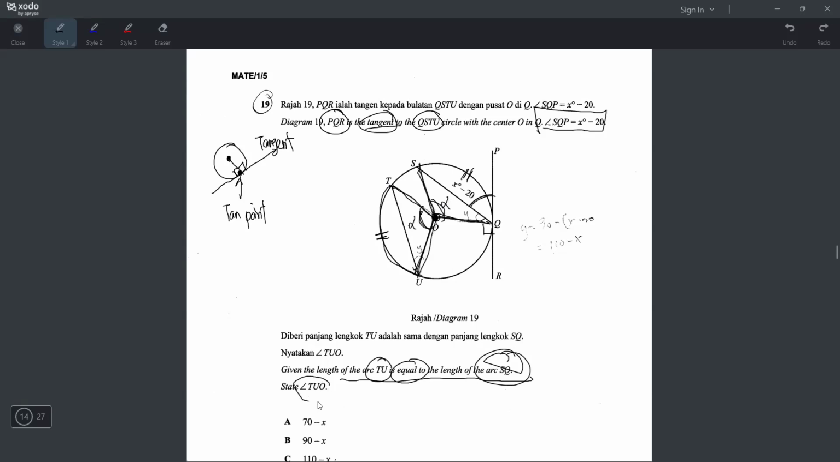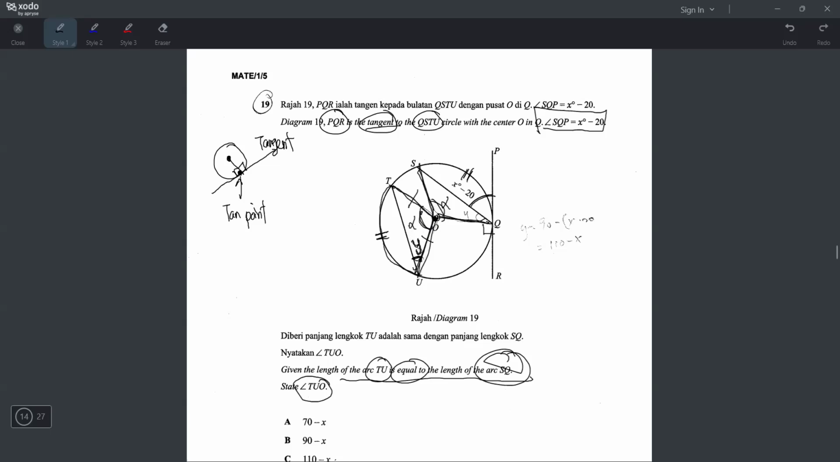And then they want us to state the angle TUO. So where is TUO? TUO is here, right? Okay, let's call this Y, and now we are trying to find Y. Okay, how to find Y? First of all, you need to understand that this line and this line are the same length because they are both radius. And if they are the same length, that means